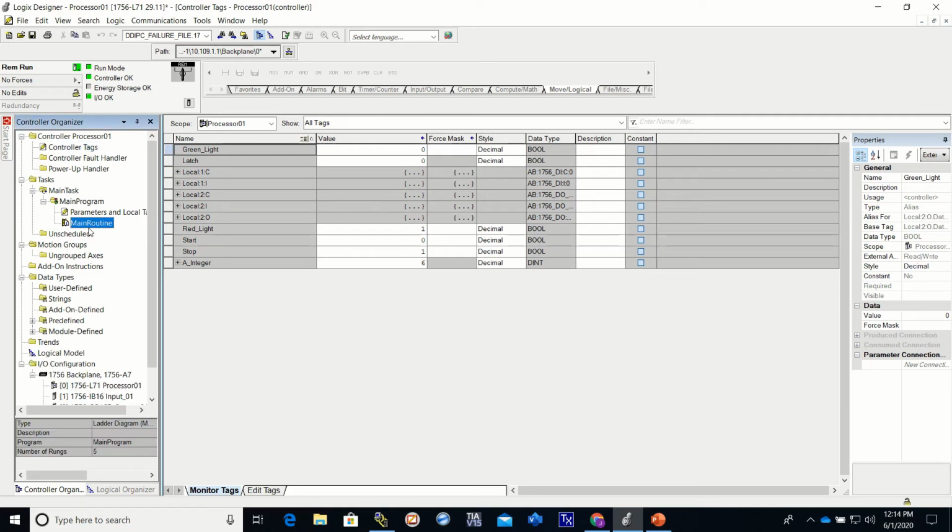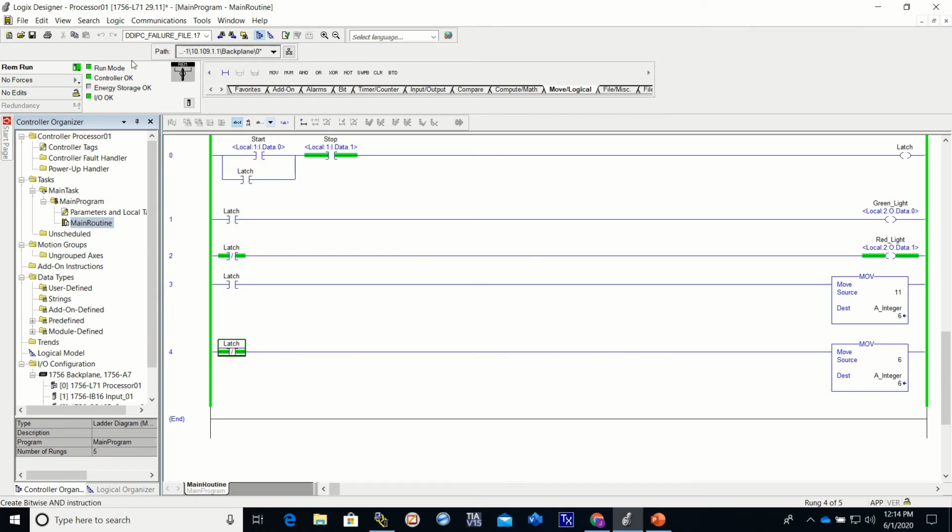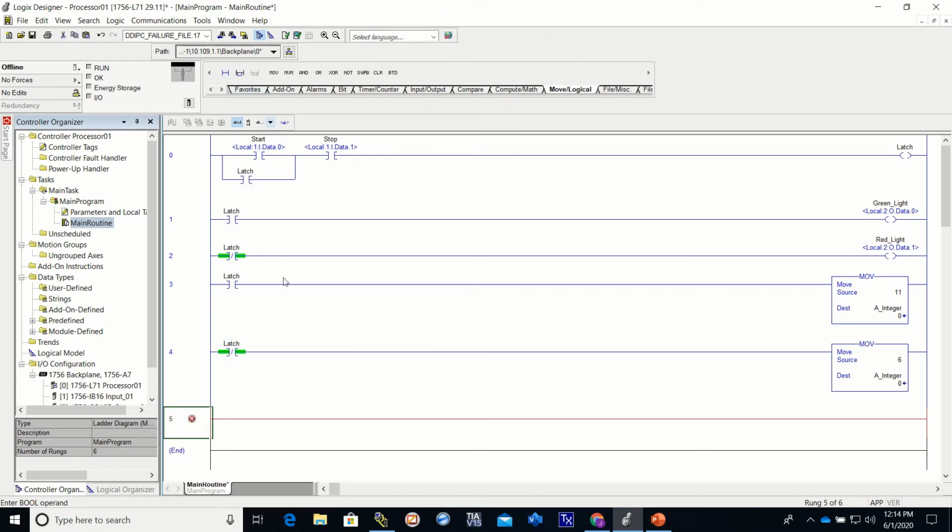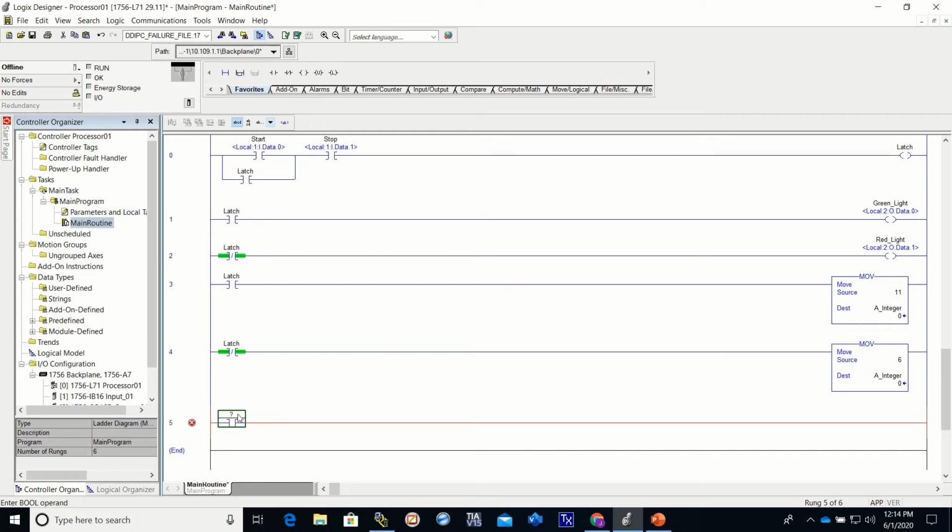Now let's go back to the program real quick. How could we use something like this? Well, let me go offline, and I'm going to add one more rung of logic. And you remember, if it's an even number in decimal, then the 1 will not be on in the position of a 0. And that's why I used an even and an odd number. So let's add a bit,